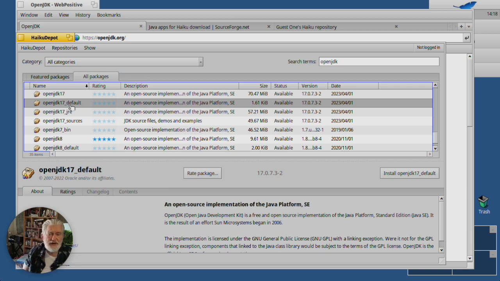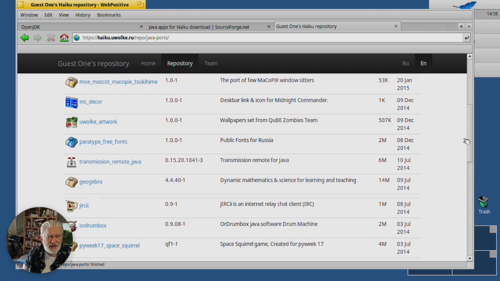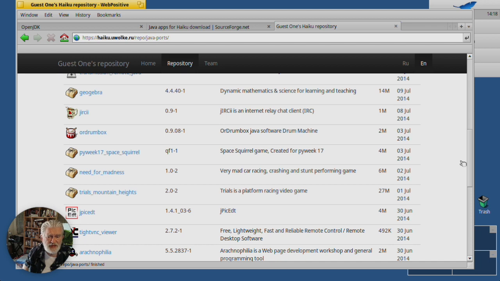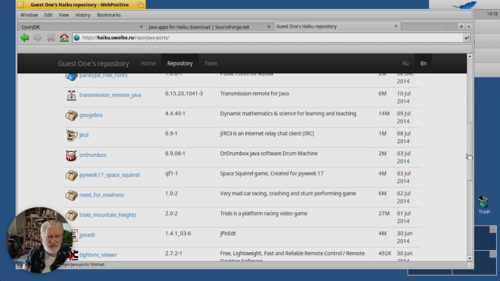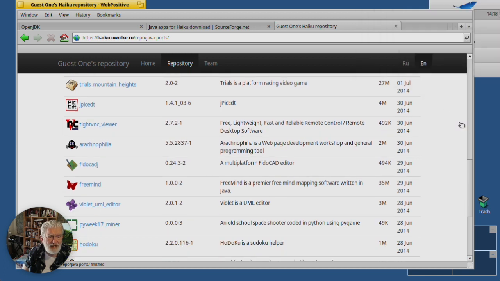So the first thing we're going to do is install Java, right? But before that, I just want to show you there is a repository. These mostly are Java applications and a few other things. There's some problem with this one is that